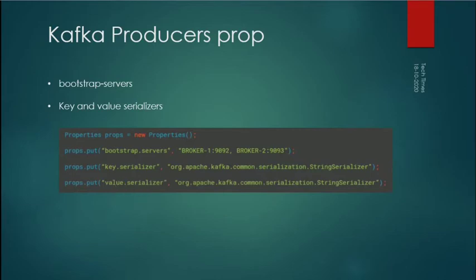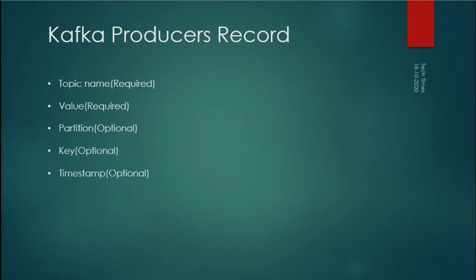Now every message which is passed to a producer is called a producer record, and each record has some required and some optional parameters. Two required parameters are the topic name to which you are going to publish the messages and the actual message. Few other optional parameters we can also set, like the partition of the topic to which you want to publish the message, the key for the message and the timestamp at which the message is published. Even if you don't mention those optional parameters, it's not required, they will be automatically set in the backend.